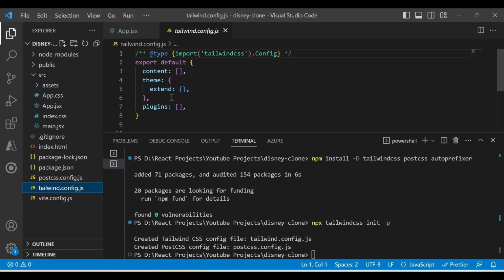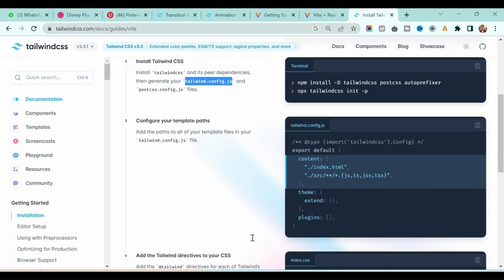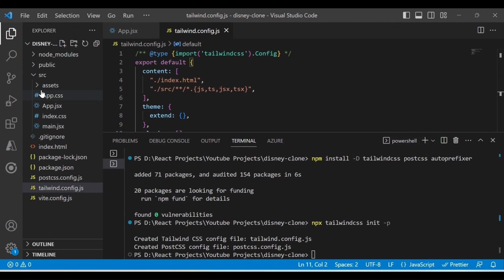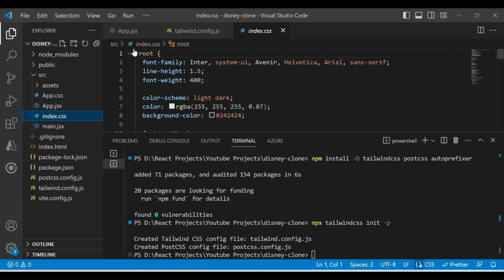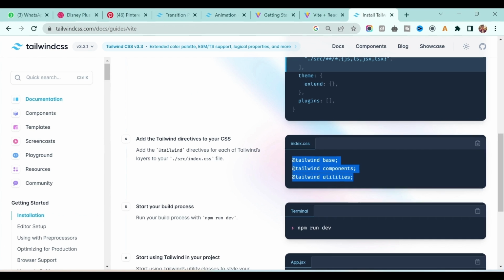Go to tailwind.config.js, replace everything, paste it like this, and save it. Next, we have to put these three lines in index.css. Go to the src folder, and in that we have index.css. At the top, I will put it here; you can put it anywhere.